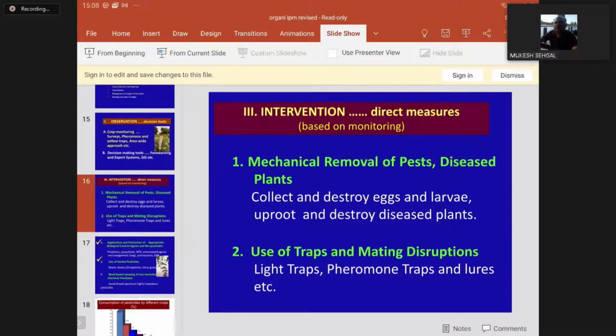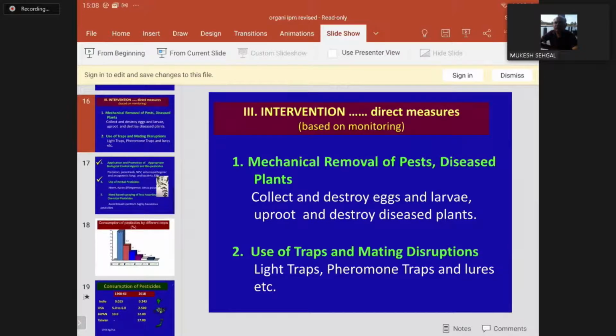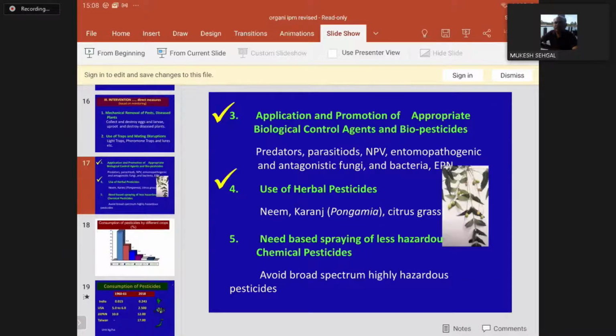Now, interventions. I won't explain much, as she has already done many things here. Now what I want to tell you is what the difference is. Herbal pesticide is fine; it is good for our IPM as well as organic farming. But the problem comes when we say in IPM, need based spray of less hazardous chemical